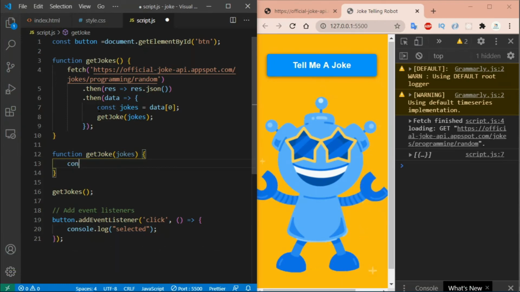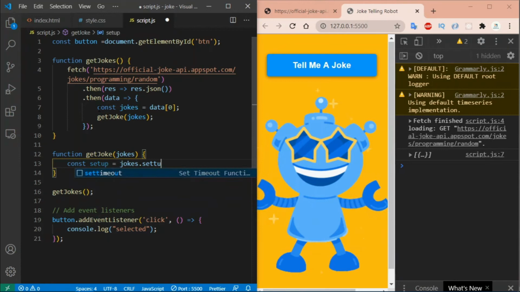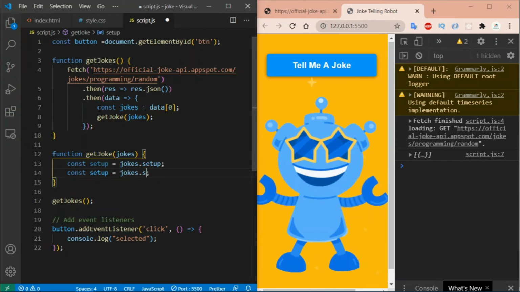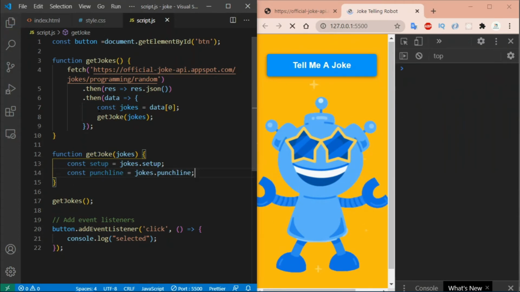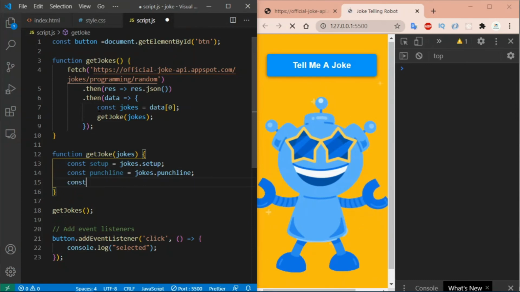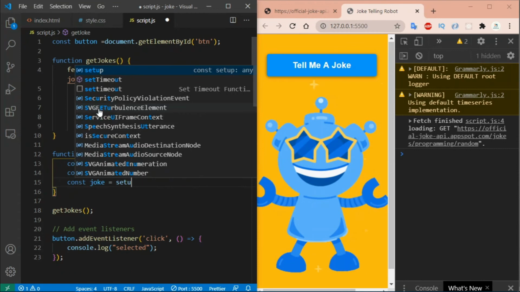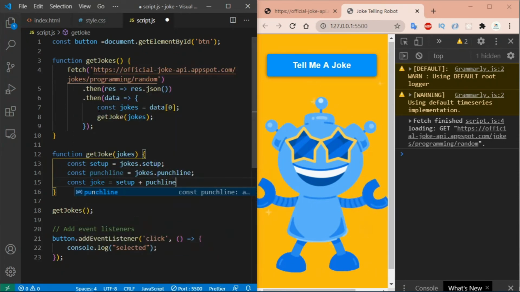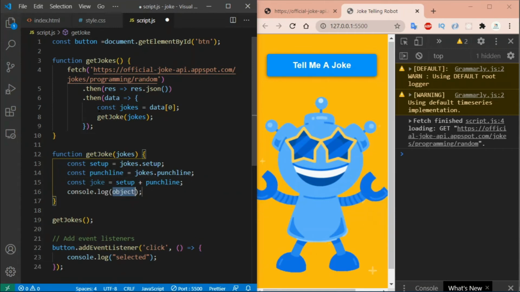Okay, and then create a new variable setup, and inside this variable store the value of the setup which we are getting from the API, like jokes dot setup, and copy it again, change setup to punchline, like this, and then concatenate these two variables into a new variable named joke is equal to setup plus punchline. Now console.log joke.